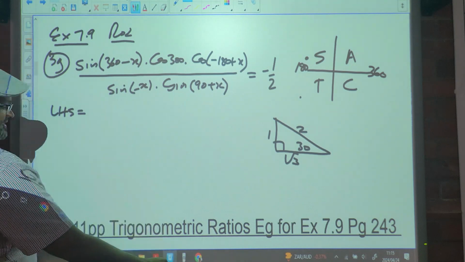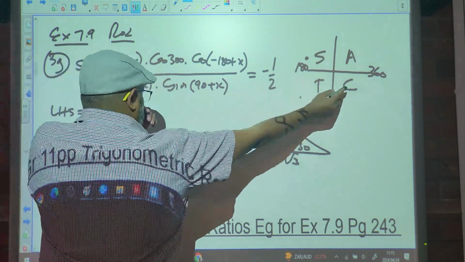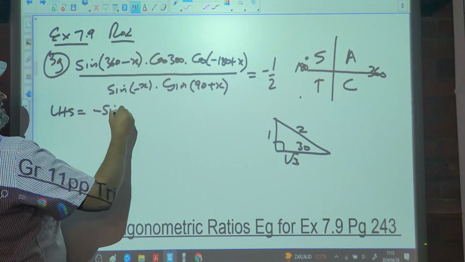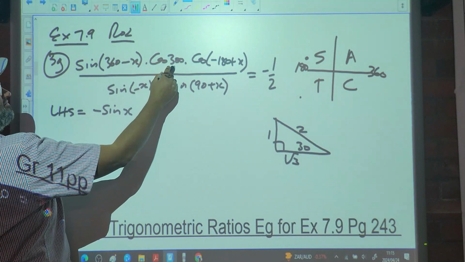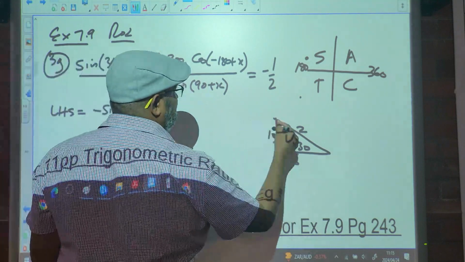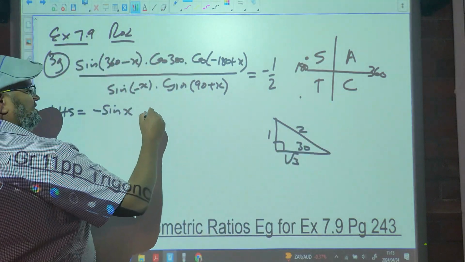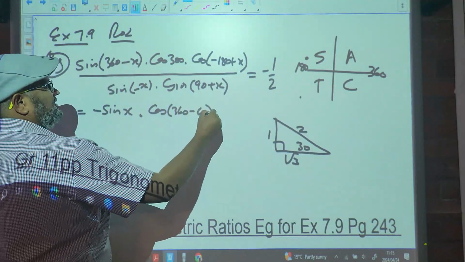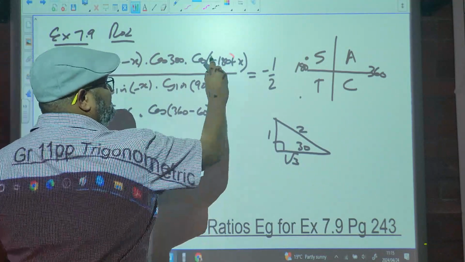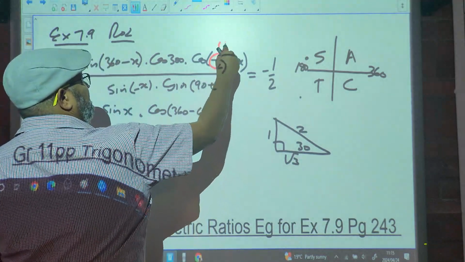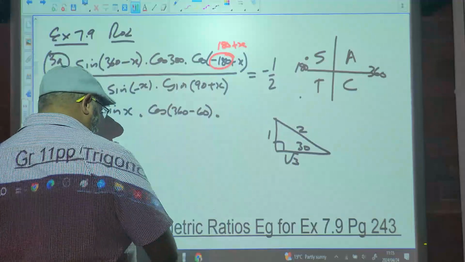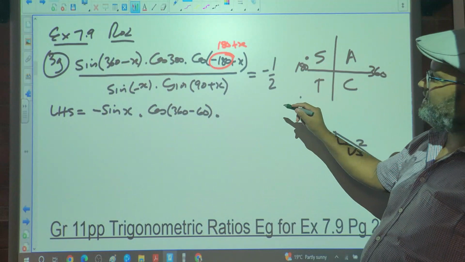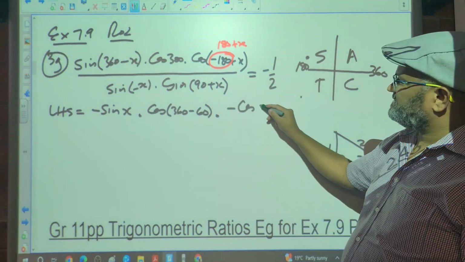Now 360 minus x is in which quadrant? Fourth quadrant. Sign positive or negative? So it's negative sin x times cos 300. Which quadrant is 300? 4. So it's going to be cos of 360 minus 60 times cos of 180 plus x. Which quadrant? Third quadrant. Is cos positive or negative? It's negative cos x over